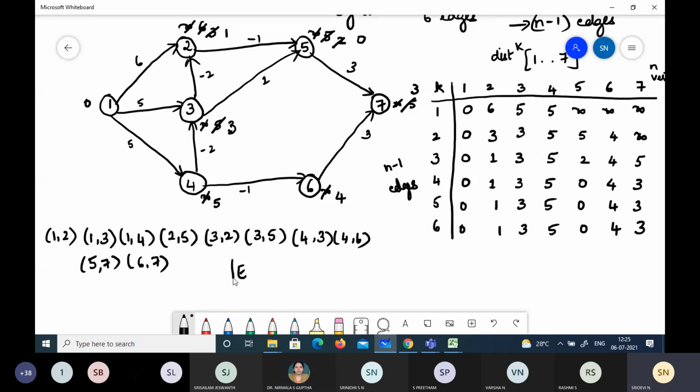So what will be the time complexity? It is O of number of edges times number of vertices. So if it comes to the complexity, we can just say the number of edges and vertices, and it will be n into n, and this becomes n square. Okay, as it is just n minus 1, we can just consider it as n into n and say that it is n square.